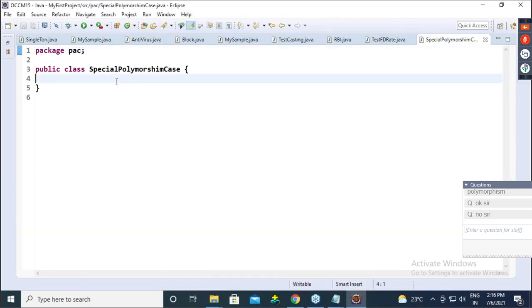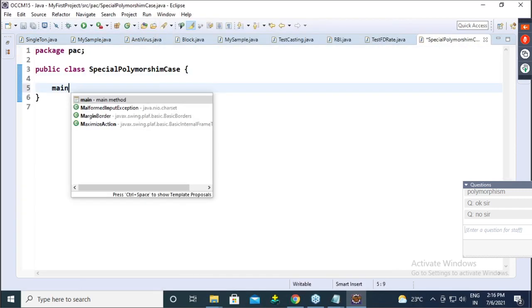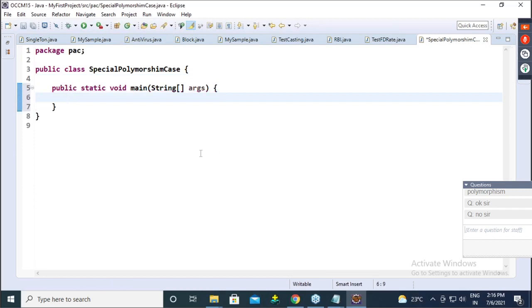So this is my class, spatial polymorphism case. I will declare the main method, everything is done. Now guys, I will explain the example in a different manner, in a shortcut manner. I hope you people can understand.